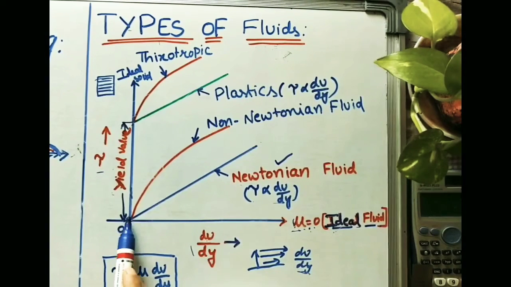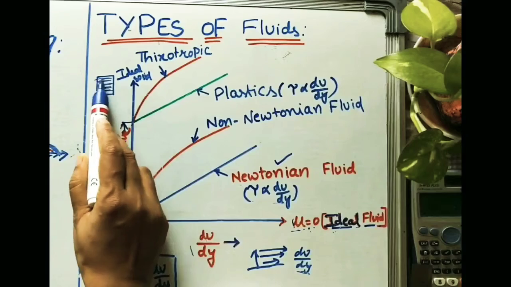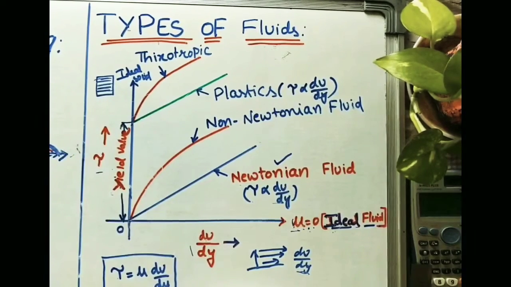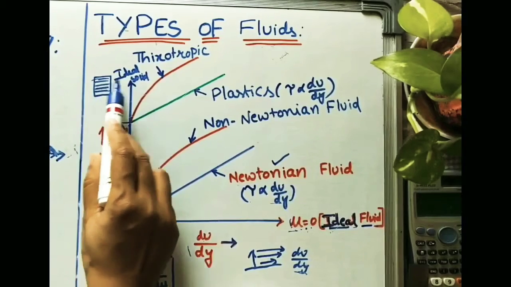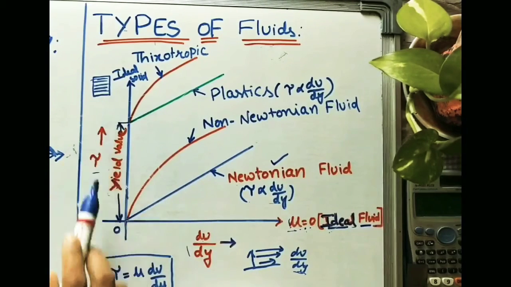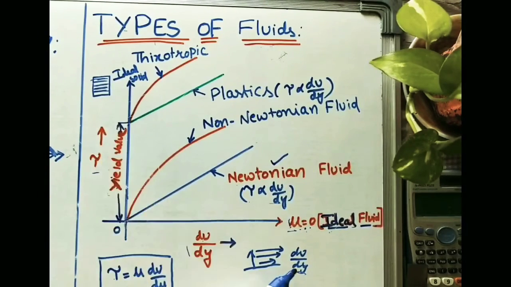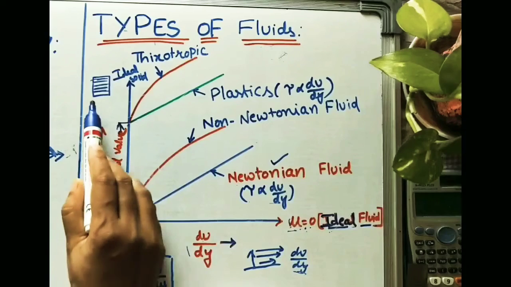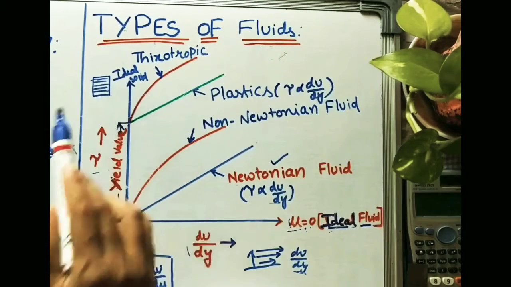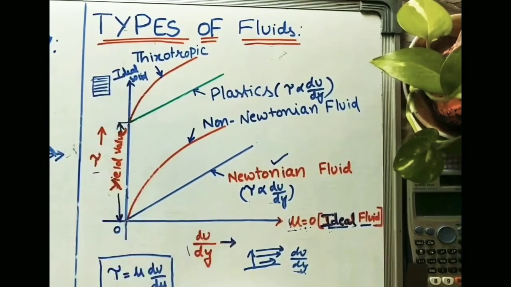If velocity is 0 between the layers, it means all layers will stay in one place. Okay, so for liquid it is not possible. Liquid will flow, it has some velocity, but in that case, on this line we are considering velocity is 0. If velocity is 0, all layers will stay in one place. We can call this state an ideal solid. In an ideal solid only it is possible.